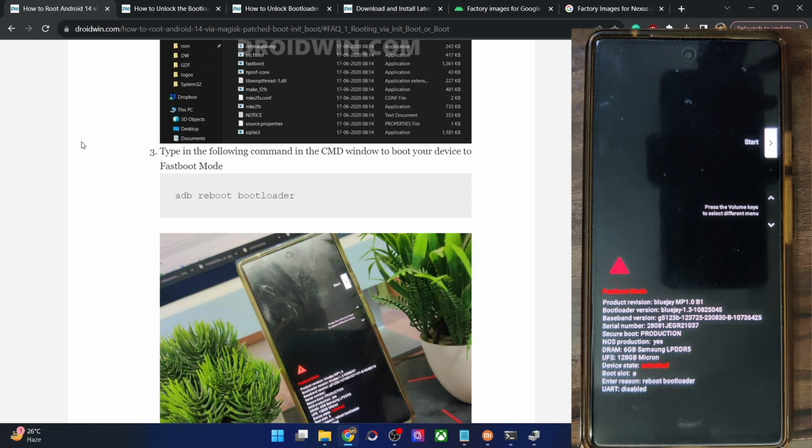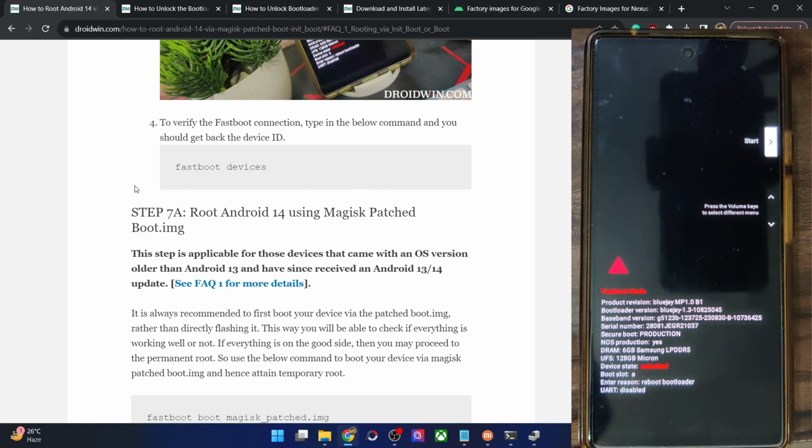Now comes the most important part of this guide. First, I'll show you how to root those phones which are currently running Android 14 but which came with Android 12 or older versions. In other words, this is for those phones that require the boot IMG file.